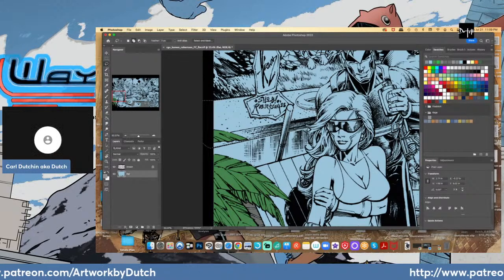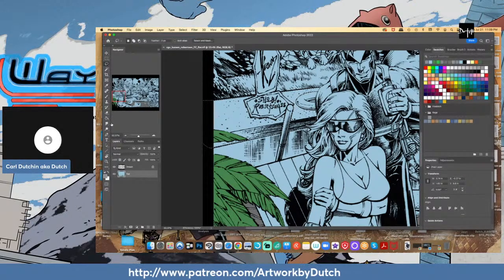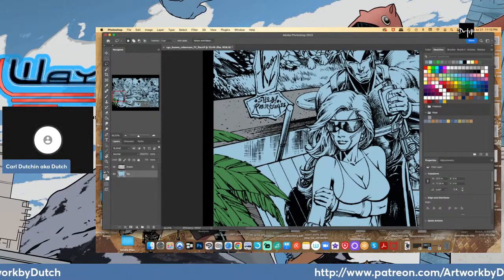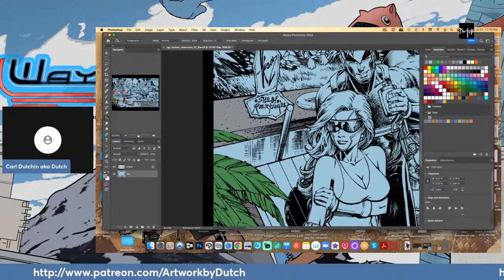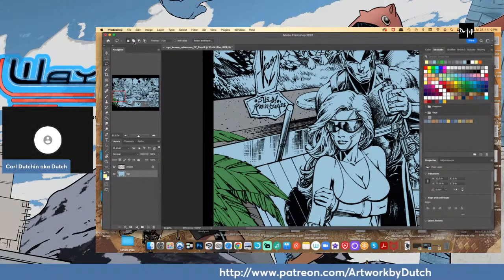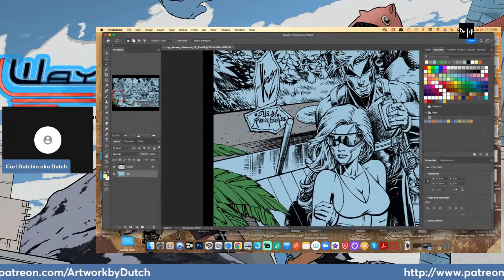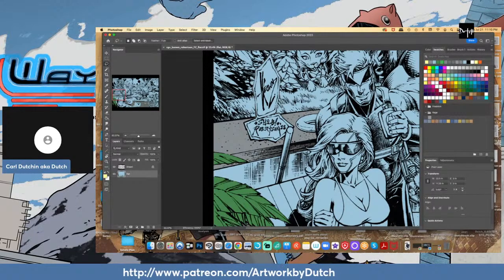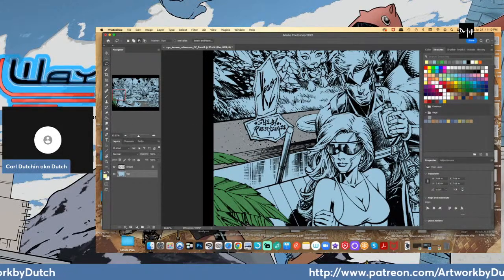So what I'm doing is I have on my Cintiq 22HD, the express keys are being used. And so I believe it is holding down Shift. And then once I've started making my selection, key set for, I believe, Option or Alt. And that allows me then to add. Now I can add by clicking on this button up here and add to the selection, but sometimes you're just looking to do one and it just makes it quicker. So that's a really quick tip right there for people if you're looking to flat,